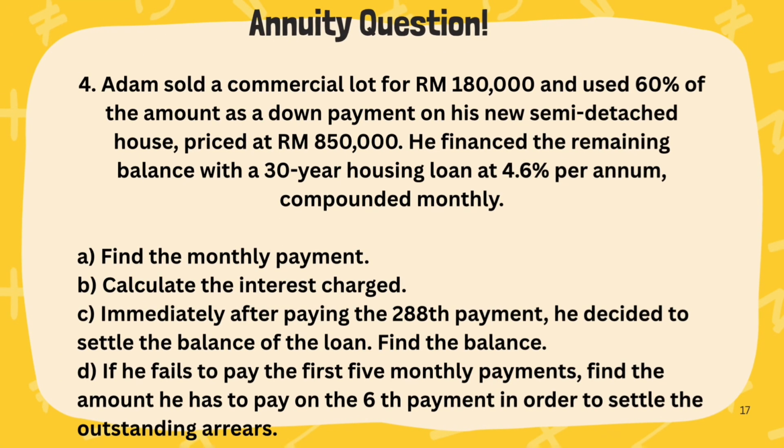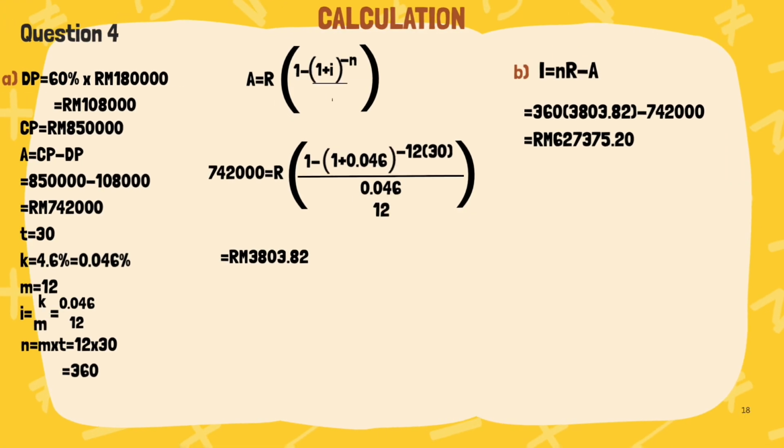Next, I'm going to explain how I solve question number 4. This question is based on chapter 4, which is Annuity. I will solve question 4a first. I will list the terms given in the question. After that, I will substitute all the terms into the annuity formula, which is A equals R bracket 1